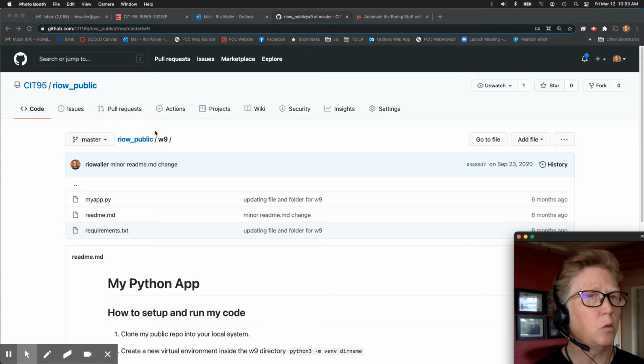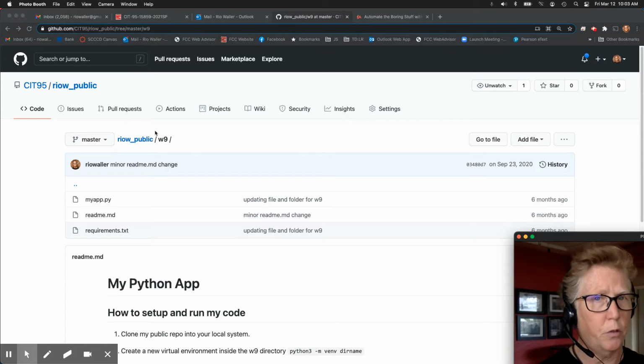Okay. Now, the other thing, and I think you got this, but I want to reiterate it because we're moving quickly to Dev 1. If in your code you determine you are going to want to use a third-party library, then this setup is required. What this also says is if you don't use a third party, but you just use core Python functionality, even though you may be importing something, it's from core Python versus a third party. Core Python is already built into the Python that you have running locally and that I have running locally. So you don't need a virtual environment if you're not using third-party code. I don't require you to use third-party code. I will say to you though,